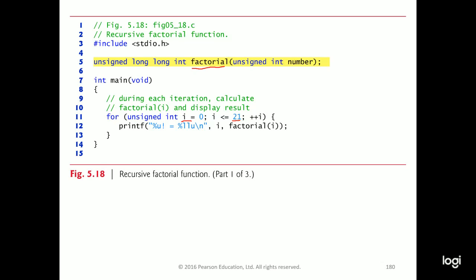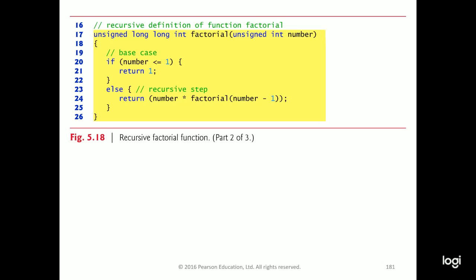Within this program, what are we doing? Well, once we go inside the body of the loop, we're just printing the number, and we're saying that the factorial of that number is equal to the long unsigned integer, which is obtained by calling the factorial function. Let's look at the factorial function. What does it do?